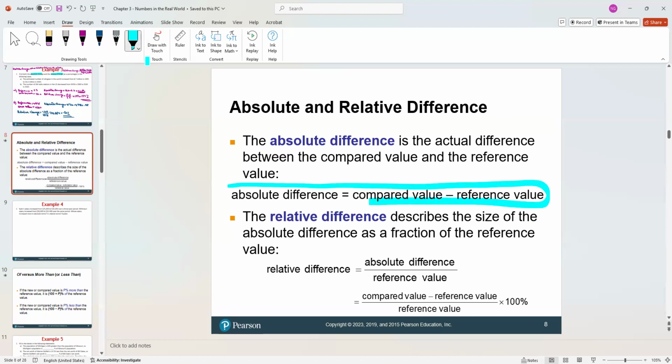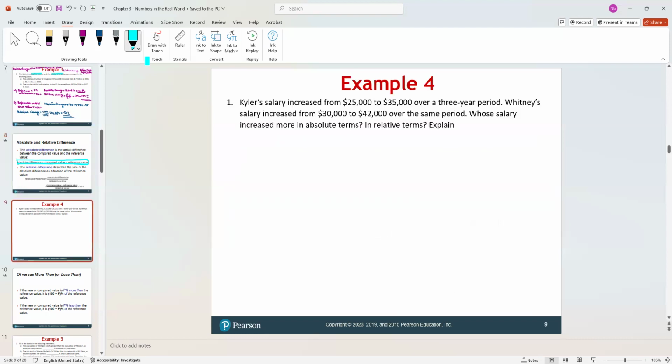When you want to compare the price of two products. Now, the relative difference describes the size of the absolute difference in comparison to the reference value. You take the absolute difference, divide it by the reference value, and multiply it by 100%, because it would be in percentages. Again, write those on a cheat sheet where you can rewrite and compare. And of course, it's very important to see where this one is going to bring you.